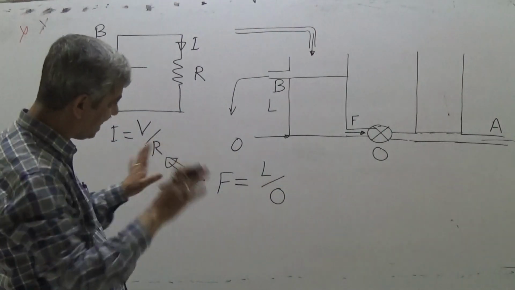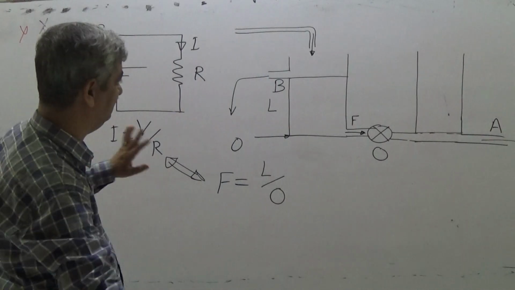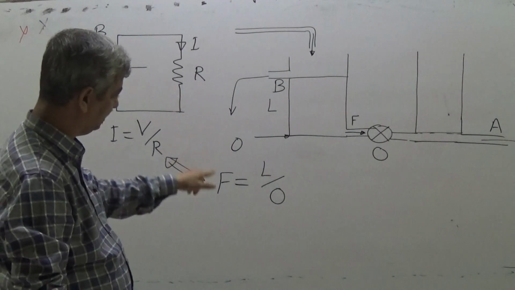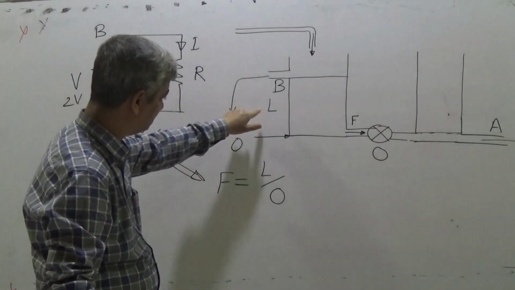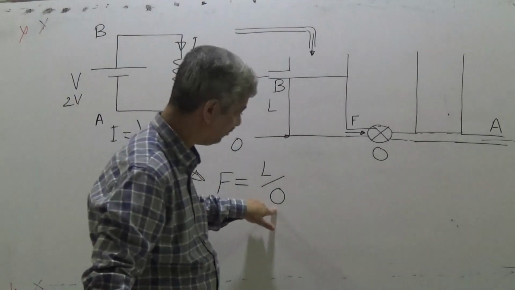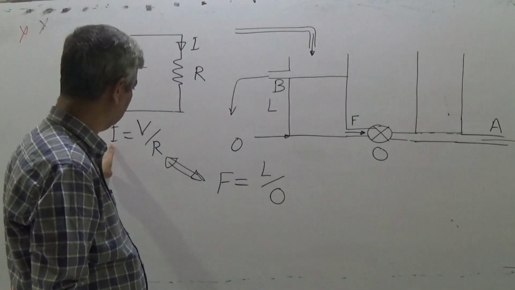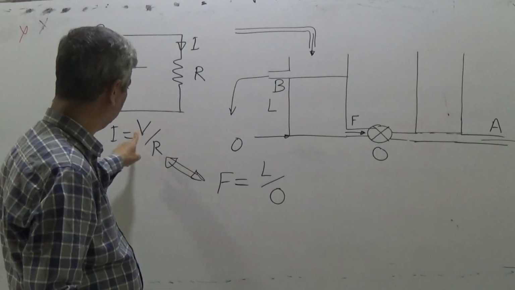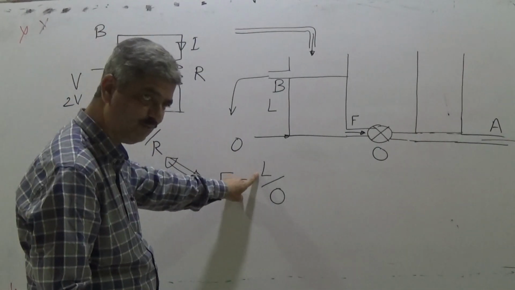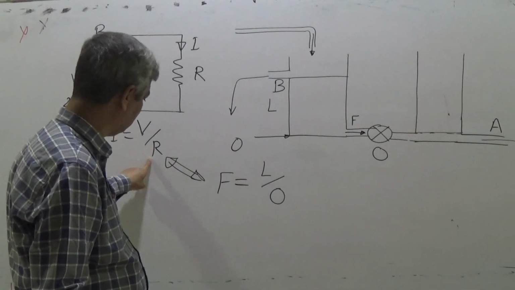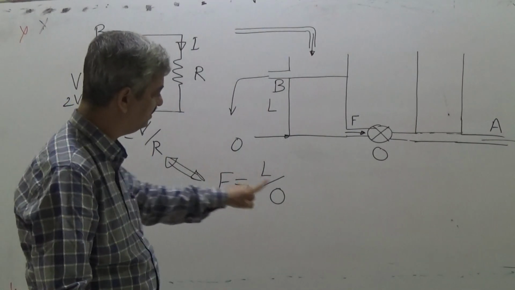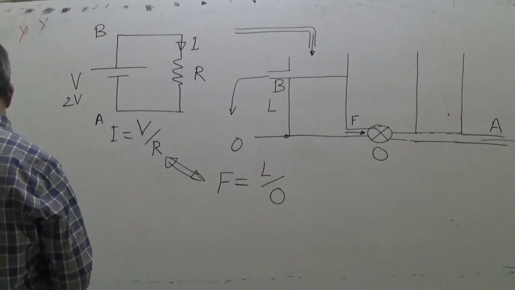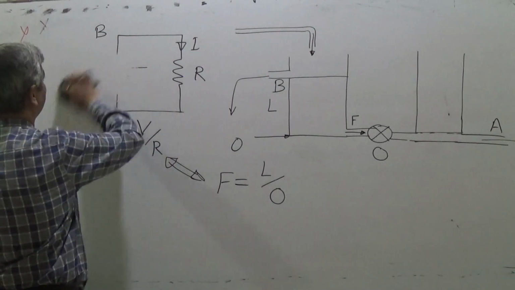So it is exactly describing the equivalent of electric current, that is flow, electric voltage, that is level, and resistance, that is opposition. So current in electricity is flow in the water level model, voltage in electricity is level in the water level model, and resistor or resistance in electricity is opposition in the water level model. So this is very simple. Now with this we go for a very interesting circuit.